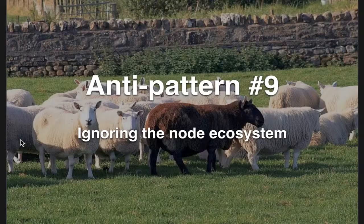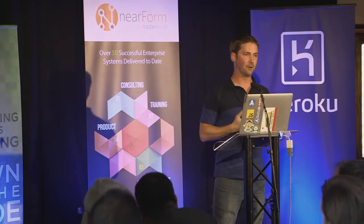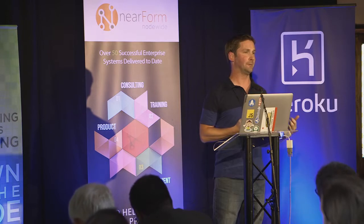And 9. And so this is sort of a fun one. And I swear I almost could tell you I took this picture on the way down, but I didn't. I saw this and I was so ignoring the Node ecosystem. And if you ask me, I think part of the reason Node was fun and sexy when we adopted it